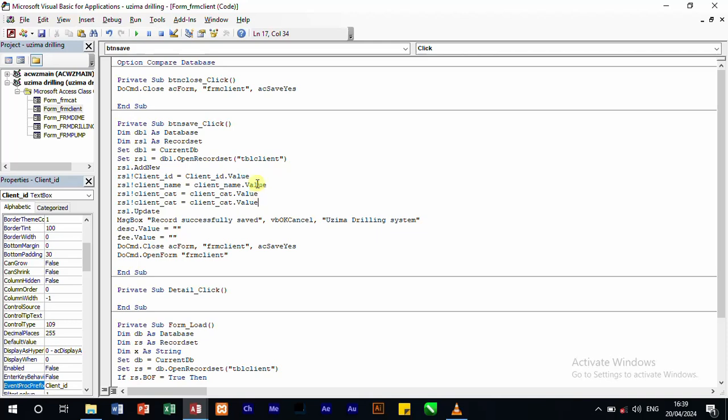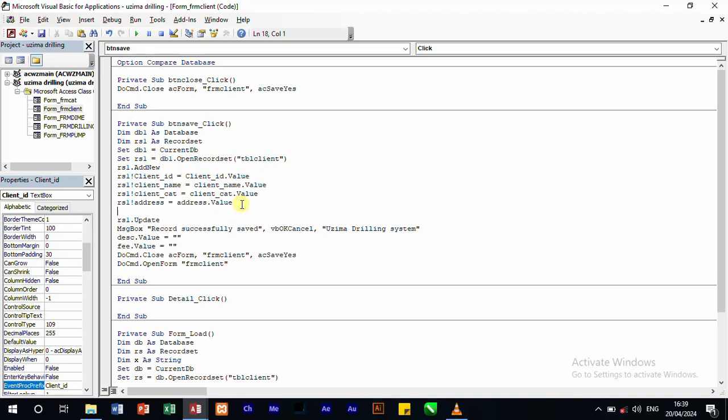So this one will be address, this one will be address, then we still have the telephone number, so this one will be tel number, this one will be tel number,